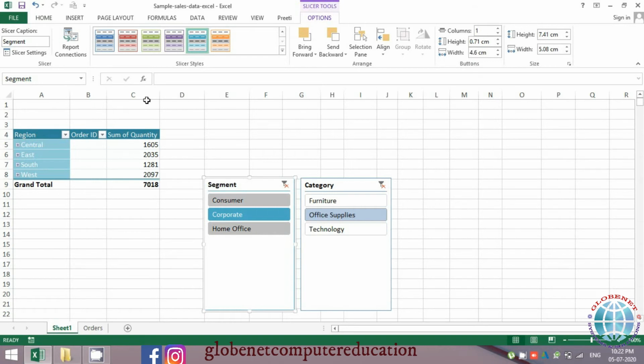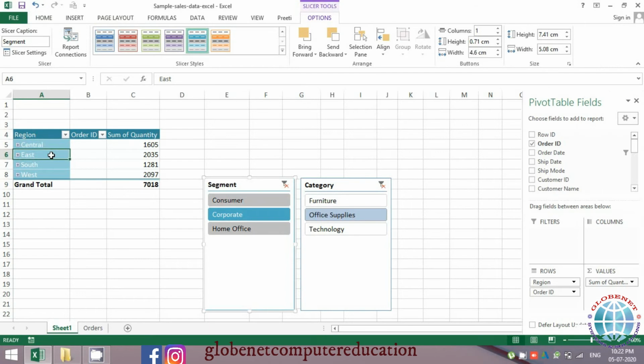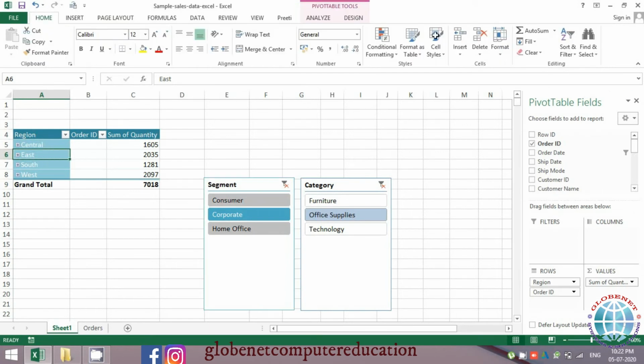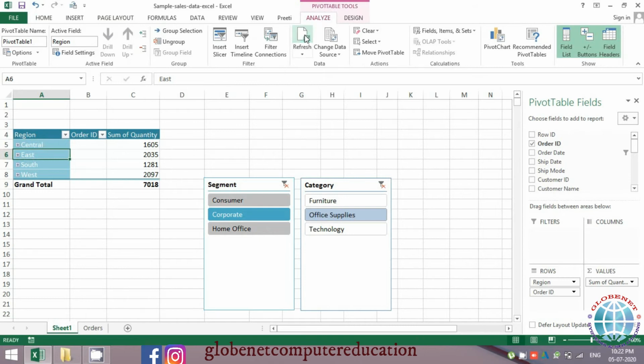Now one thing you need to remember when you are working with slicers and timelines, in case you want to change the reference.